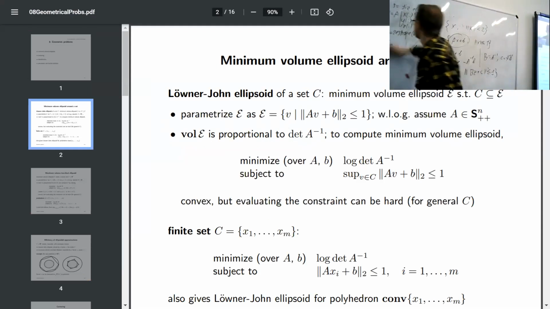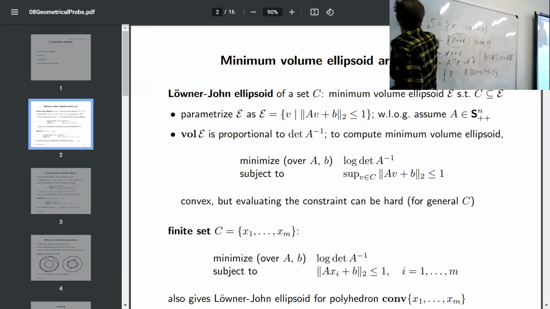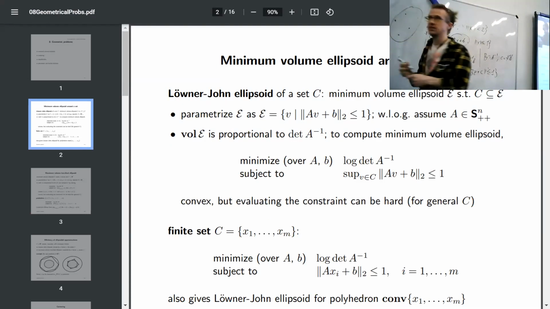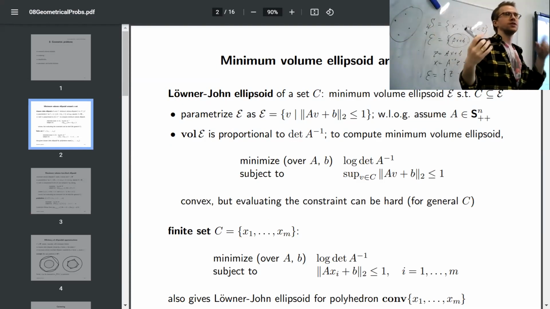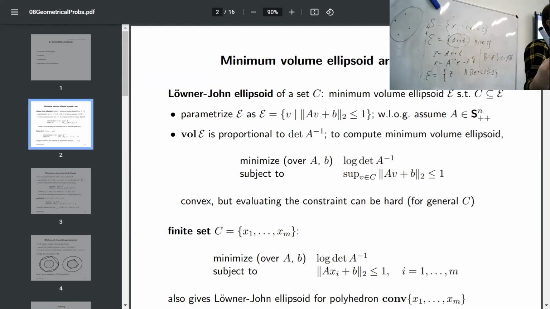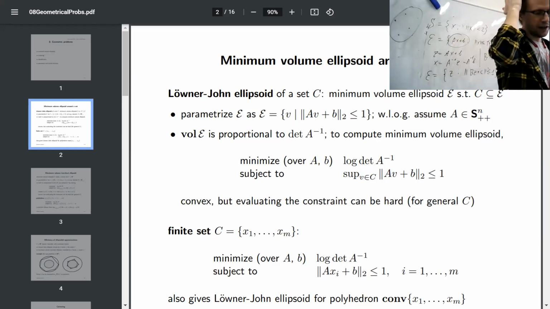Let me write it here. So imagine you have a set of points. You want to find the smallest ellipsoid that contains them. Smallest means volume minimization. Volume minimization means we can minimize the determinant of A. What do you mean by containing a set of points? Well,